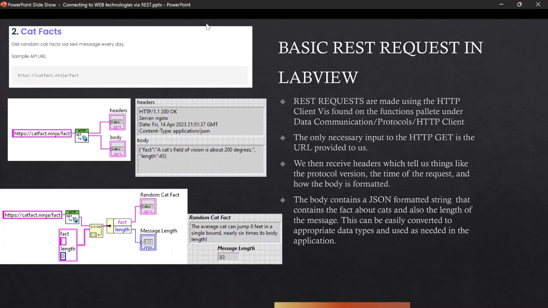I have one example here, and this is the most simple example of using REST APIs in LabVIEW. So from that website, we have this free REST API URL, https://catfact.ninja/fact. And what this does is you do an HTTP GET to this URL, and it will just return a random cat fact. And how we actually implement that in LabVIEW, if you go to the data communication